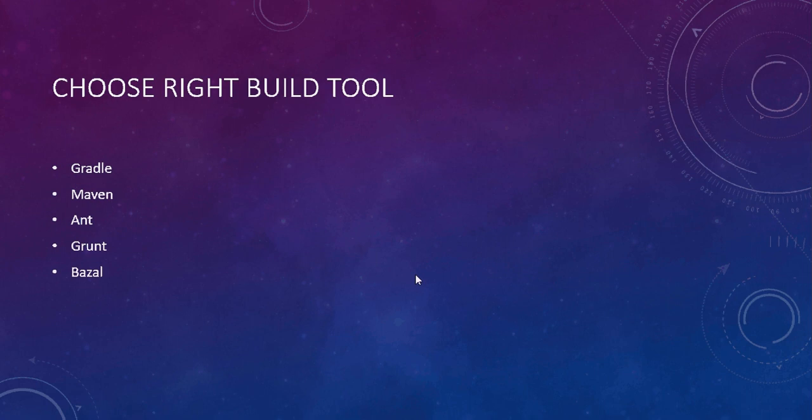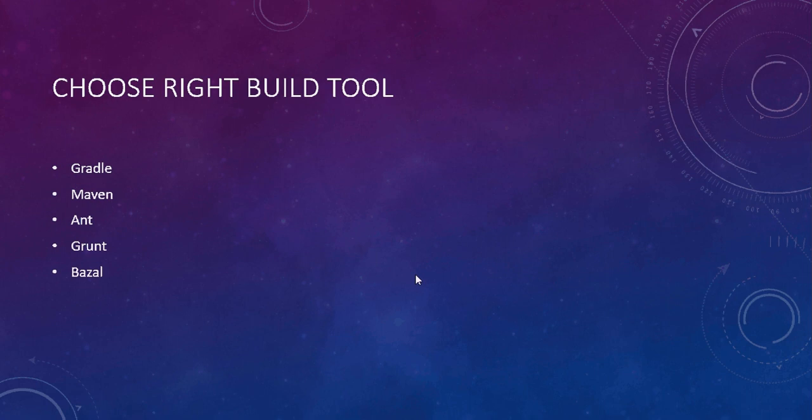So Maven is a build automation tool used primarily for Java projects, and it can also be extended to other languages like C Sharp, Ruby, Scala, and others.